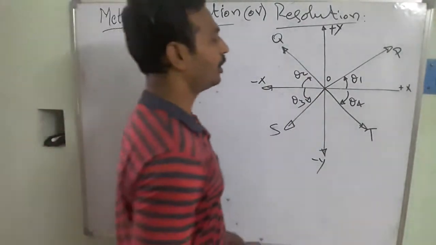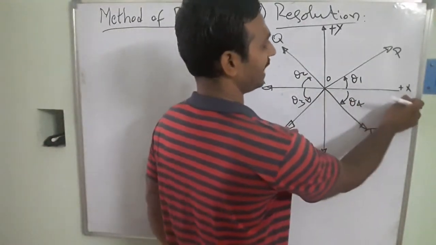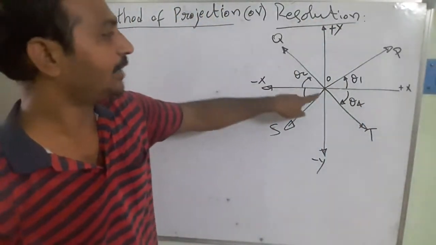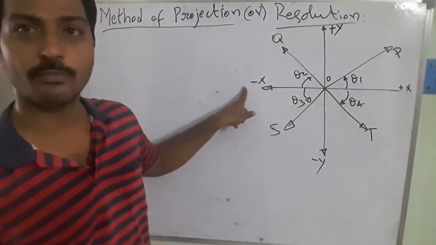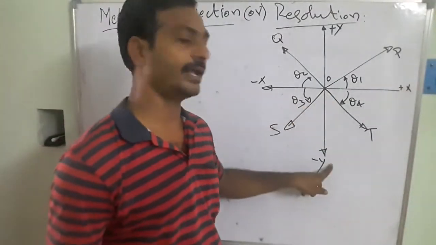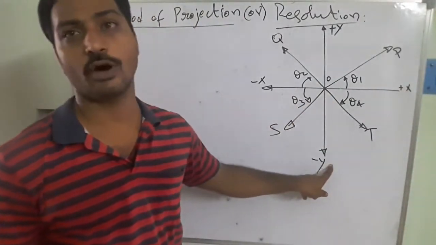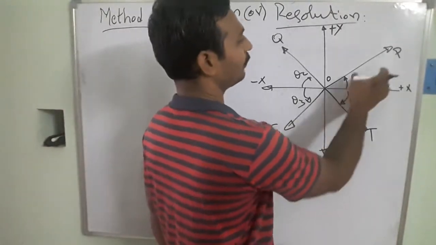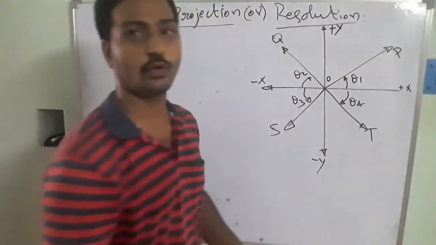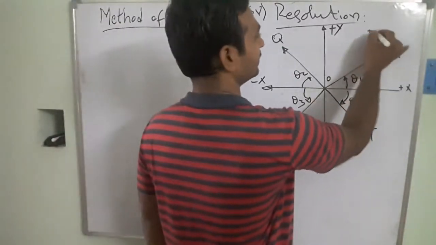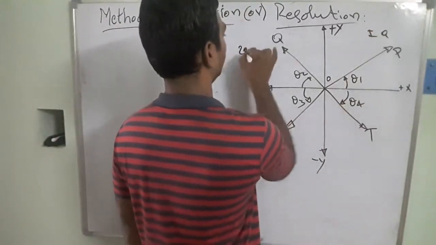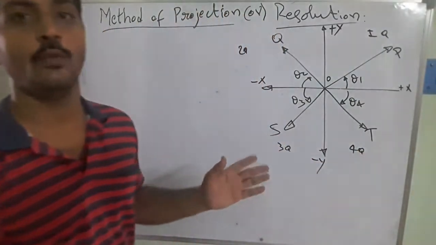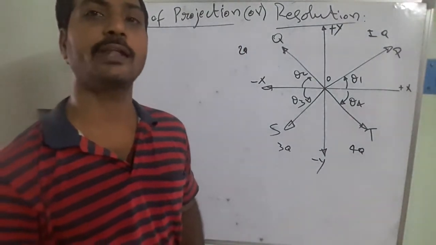In this case, I am going to consider towards the right side the x component as positive, and the upward direction as positive. From this point, the horizontal component towards the left side is negative, and towards the downside I can say that is the negative component. We observe that the forces exist in the four quadrants. So this is the first quadrant, this is the second quadrant, this is the third quadrant, and the fourth quadrant. According to that, we get the positive and negative values acting on the component.